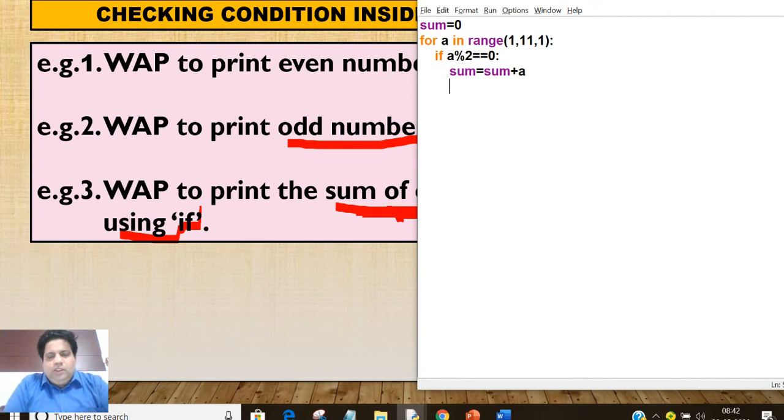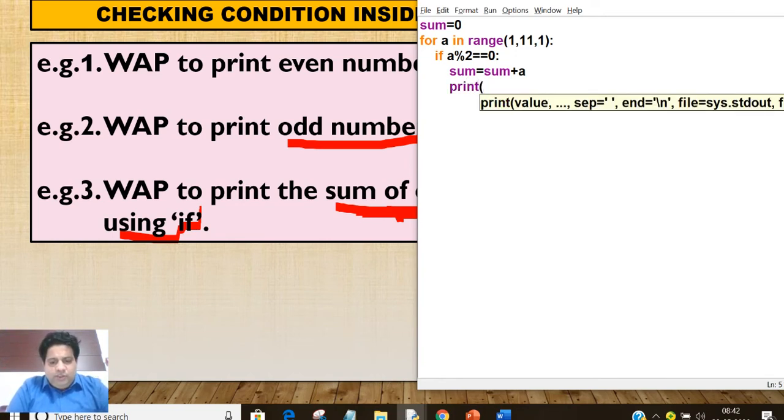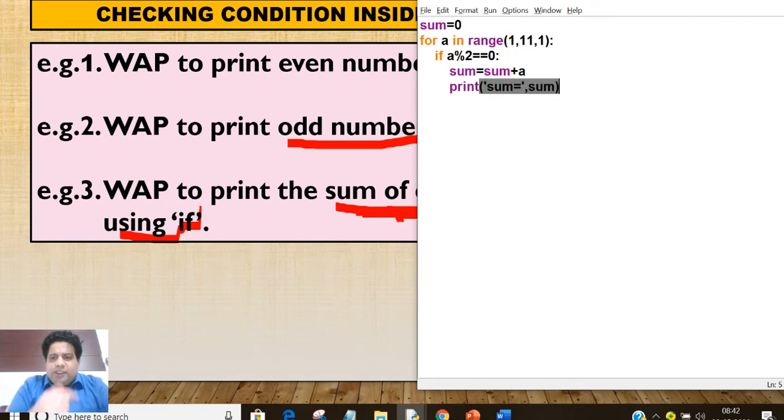Now see, there are three ways to write print statement in this program. Some of you will write print immediately after the sum equal to sum plus a. Is this correct? Now here you are writing print inside if.